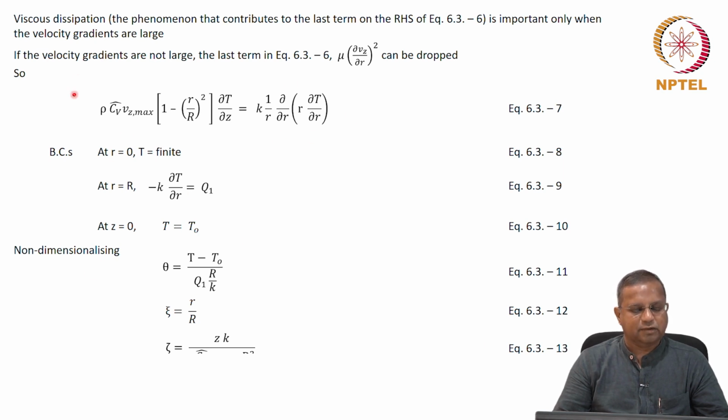Now, we need to write this equation in terms of theta, xi and psi, and then figure out a way of solving it. Then we get T as a function of Z. That is what we are looking for. Or theta as a function of psi, that is, psi is where your Z happens. We are not worried about R in this case, therefore, we are looking for theta variation with psi to begin with, and then of course, you can substitute all these values to get T as a function of Z.